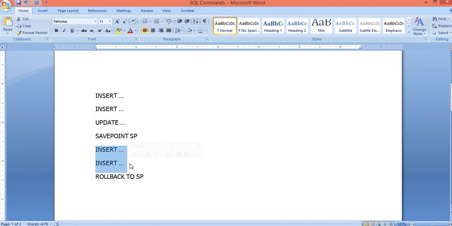So these 2 insert commands' results will be removed, whereas the results of the 3 commands will still be available in the buffer.